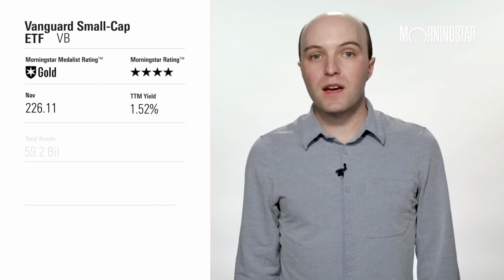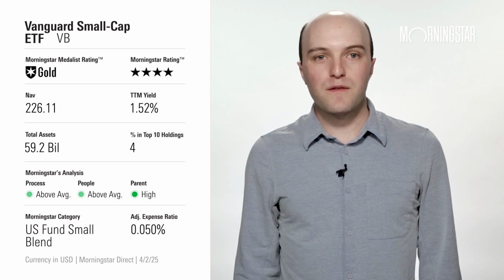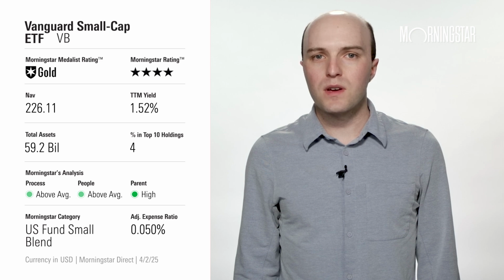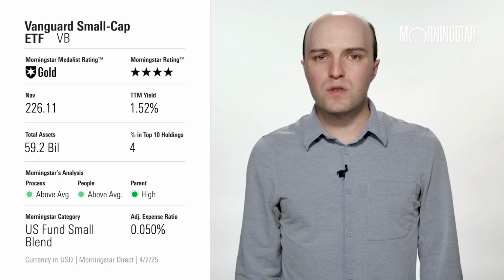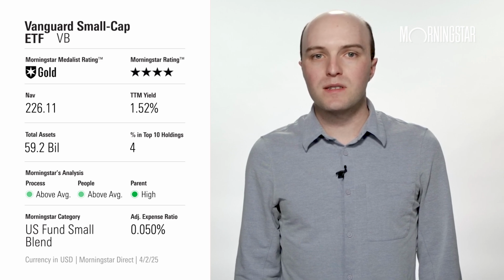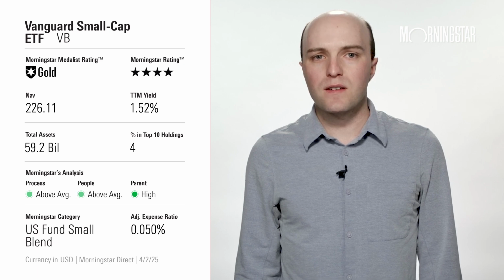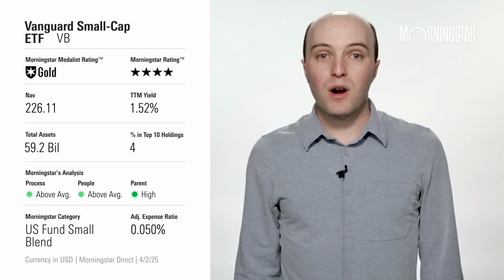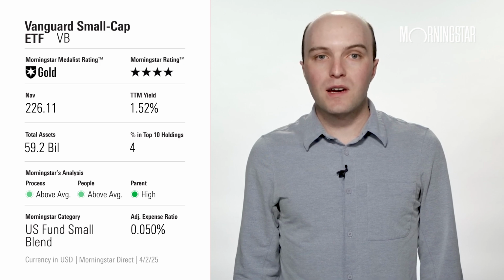Rounding out the list is Vanguard Small Cap ETF, ticker VB. This index ETF also earns a gold medalist rating for its low cost and diversified portfolio. It charges just 5 basis points and holds almost 1,400 stocks, market cap weighted. The ETF controls risk by targeting slightly larger companies than the Russell 2000 index and most category peers, including the ETFs already discussed. By broadening the definition of small cap, this ETF tends to be less volatile than the Russell